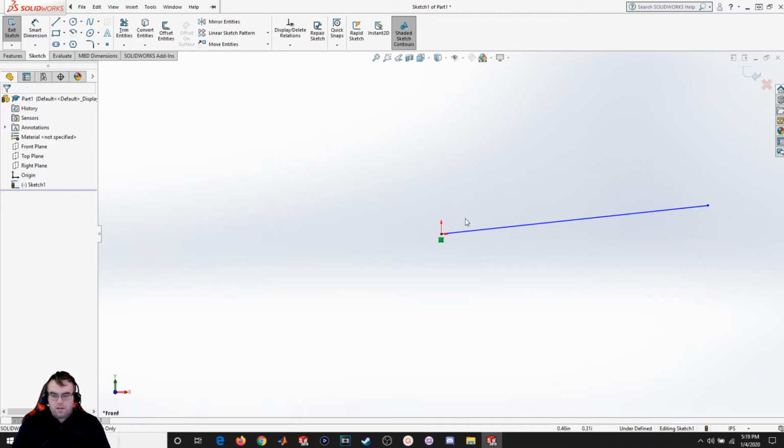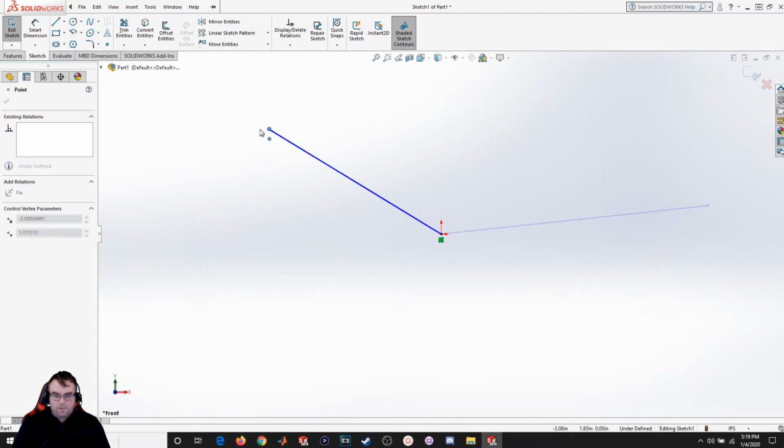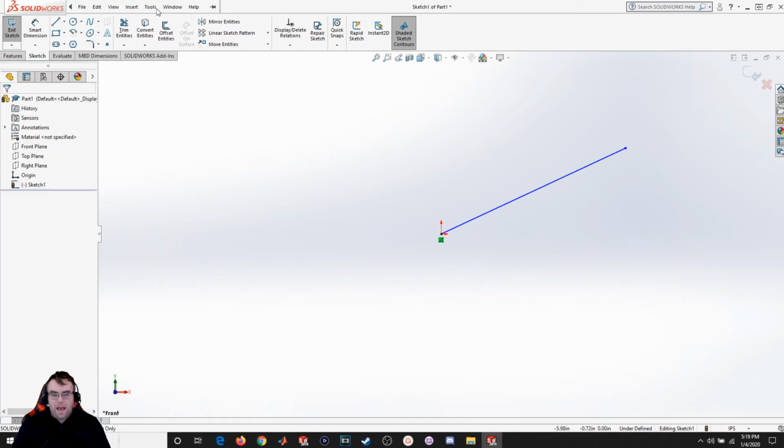So if we notice, this line is blue. That's telling us that we have an underdefined sketch. An underdefined sketch means that it is not fully constrained. In order to fully constrain it, I need to get it to a point where I can't do stuff like this and move it around, stretch it all about. So how do I go about adding in